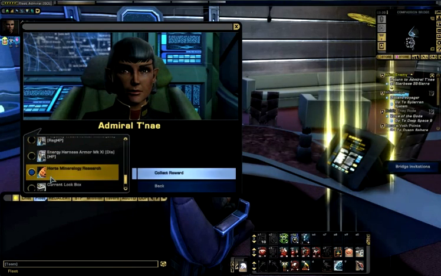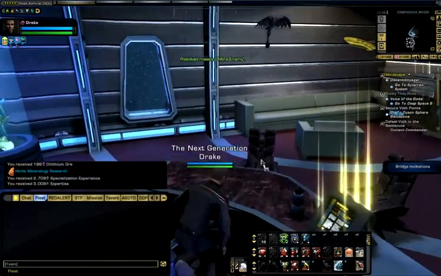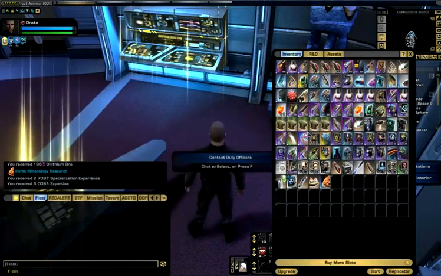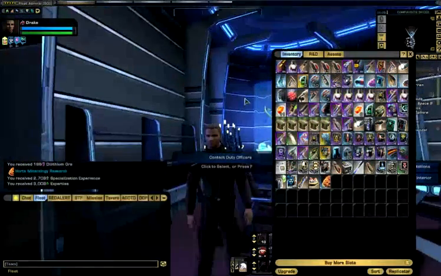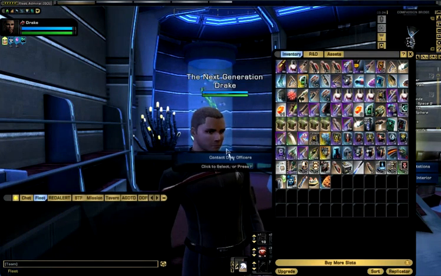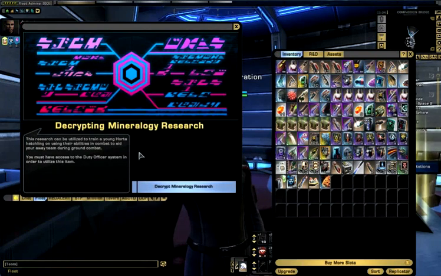So, I'm going to take this Horde mineralogy research and then stand up in my chair. That was fun. Do I still have... okay, I don't have the eye black anymore. That's weird. Why was that way? So if I see...